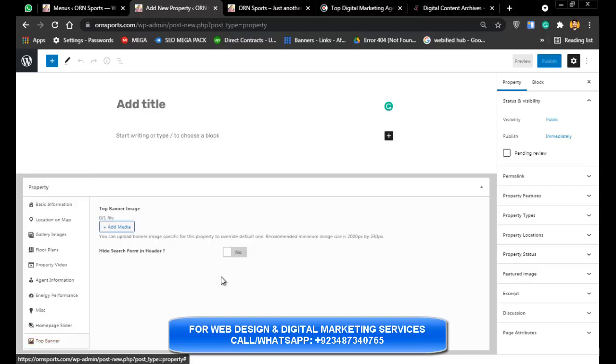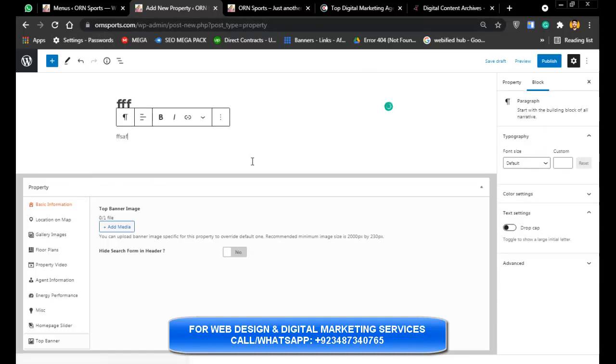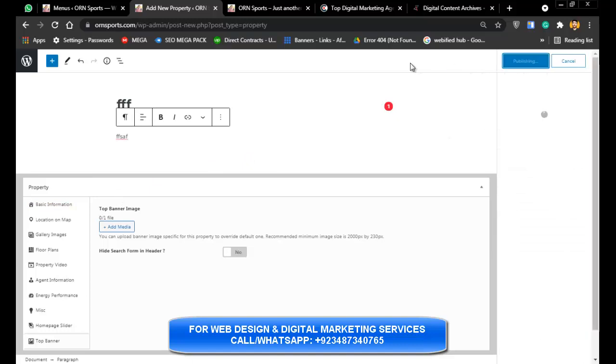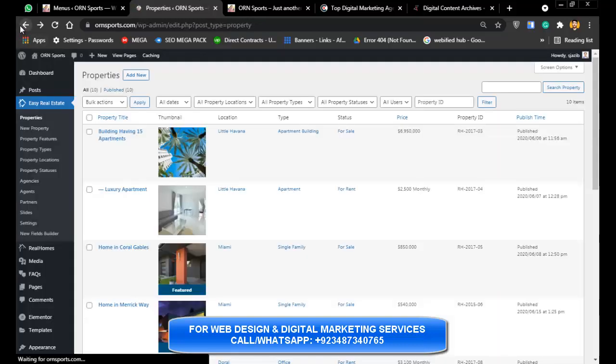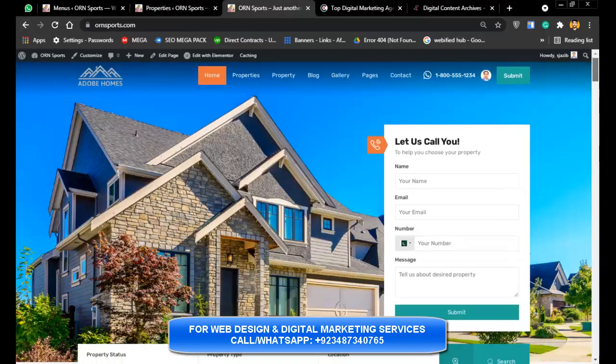And in top banner, you can add a top banner to the property here. So after doing all that, like I add this and all the information, you will have to simply click on publish, and your property will be published, and you can easily manage the property. And if we go to the website, you can see here